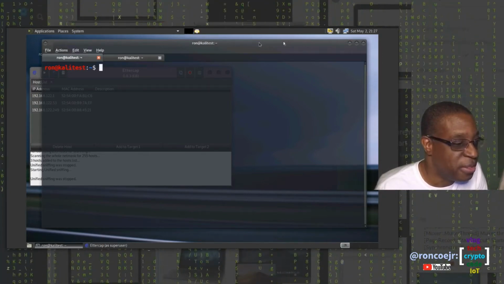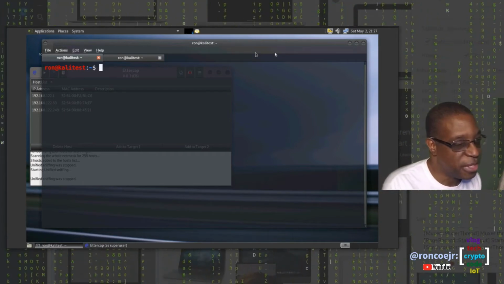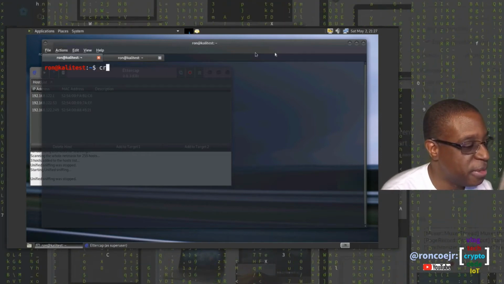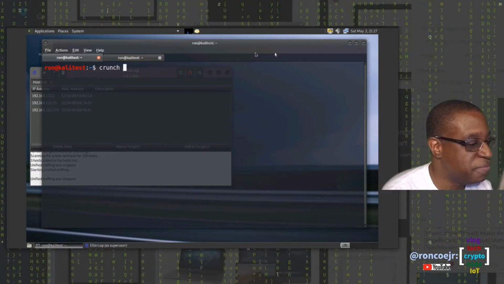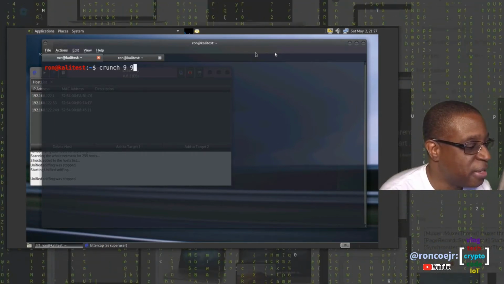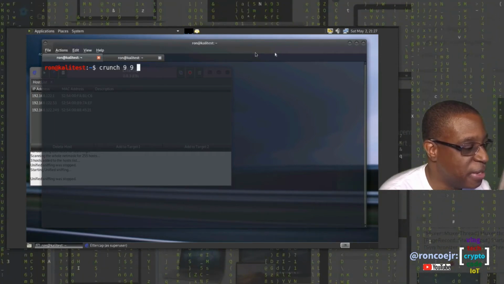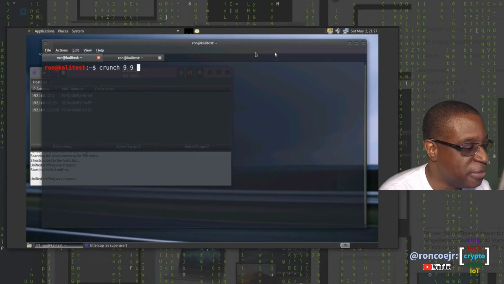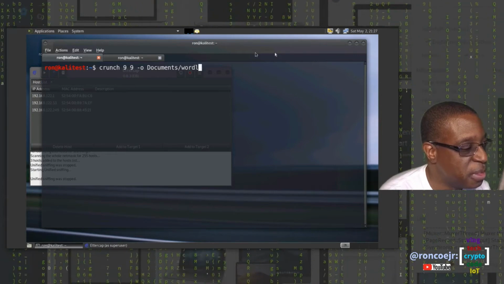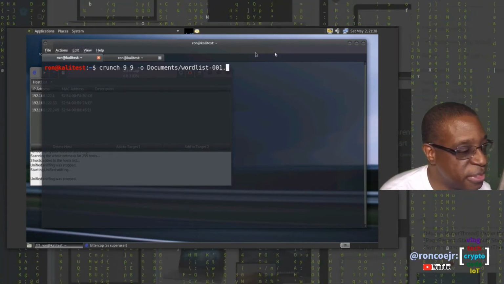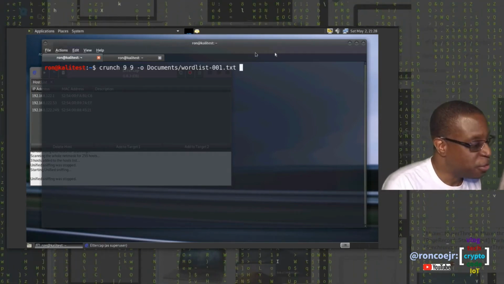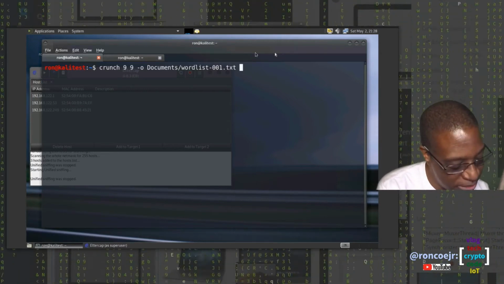So here in Kali, I'm going to leverage a tool called Crunch. And so let's get that started. Crunch, and let's say I'm interested in passwords that are, let's say, 9 characters long. And as I go about this particular activity, I want to make sure that I save my output. Put that in the documents directory, and I'm going to call this wordlist001.txt, and I now know your pet's name. For example, let's say your pet's name is Rex,